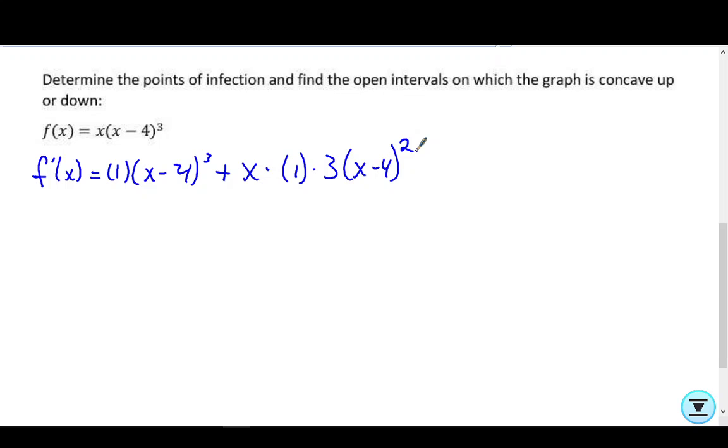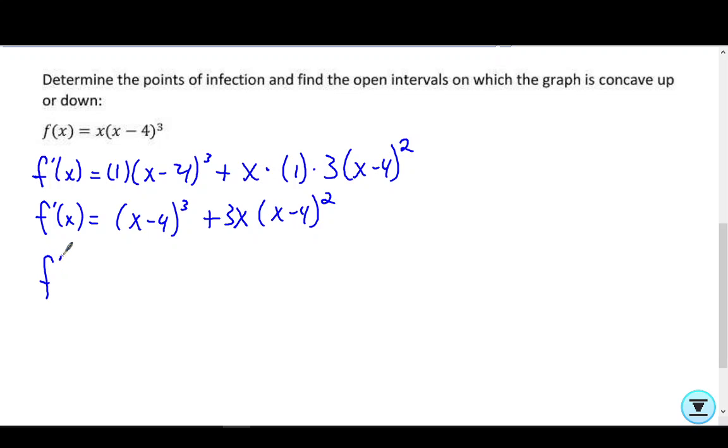Okay, so let's simplify this a little bit. So we get x minus 4 cubed plus 3x times x minus 4 squared. Like that. Okay, that's my first derivative. Now we got to take and find our second derivative. So f double prime of x. Same thing, derivative of the inside, we got to do some chain rule, times the derivative of the outside, which is 3 times x minus 4 squared,